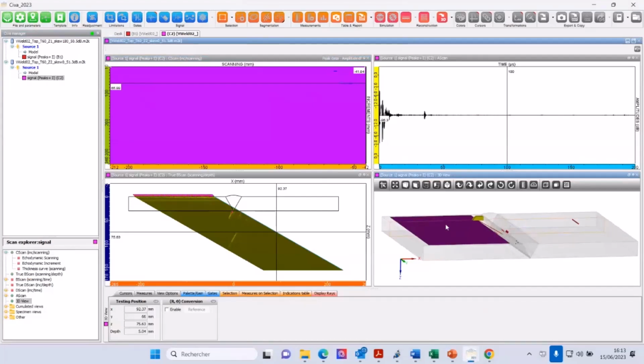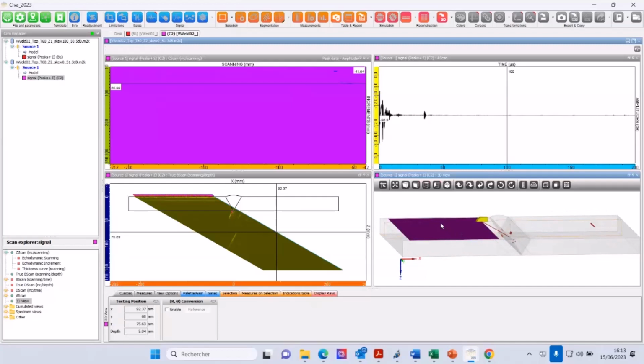So here we have two acquisitions on a weld. We performed an acquisition on a V bevel, a part of 30 millimeter thickness. So we have two experimental data. The acquisition was done from two sides, so downstream and upstream, from one side and the other side.